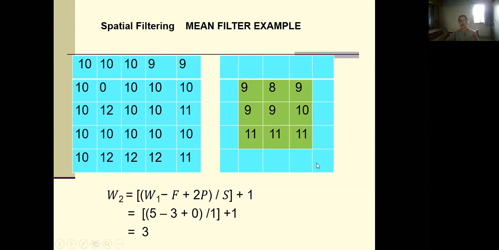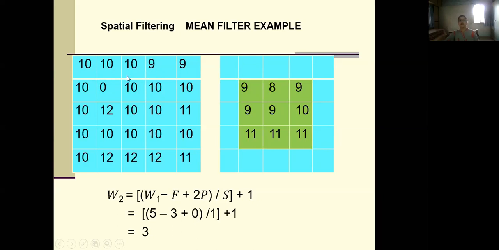Okay, it is 1. Yes, stride value is 1 because we are scrolling the mask by one column and one row. Is it clear, Krutika? It is not 3, but it is 1. Because stride means by how much amount we are scrolling the mask column wise and row wise. Okay, so stride value is 1 for this particular example.